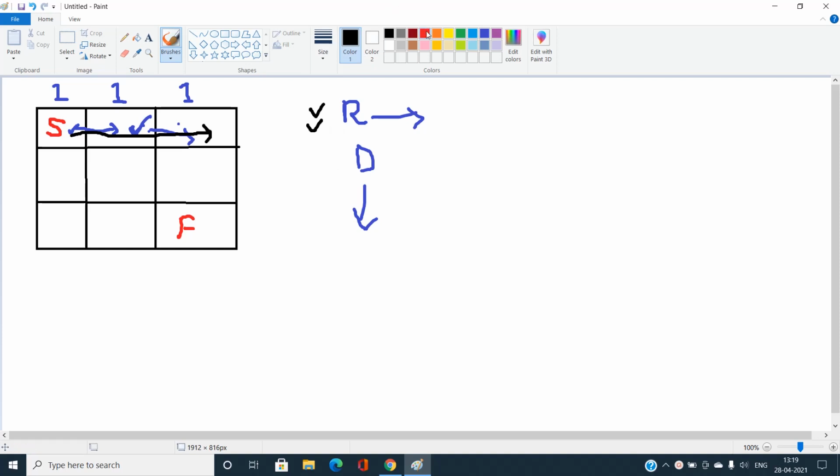Okay, similarly, what is the total number of ways, or you can say the total number of unique paths, that are going to end up at this cell? That is, the total number of unique paths where the ending cell is going to be like this one and this one. You can easily see this is coming out to be 1. How is this coming out to be 1? You can easily say I can reach up to this cell or this cell by going straight down.